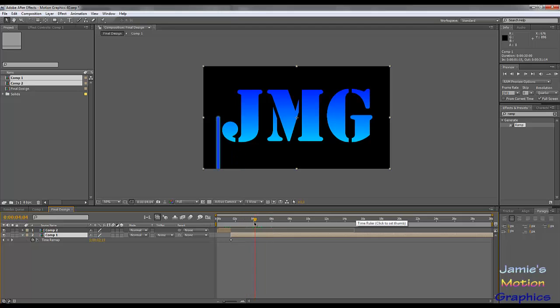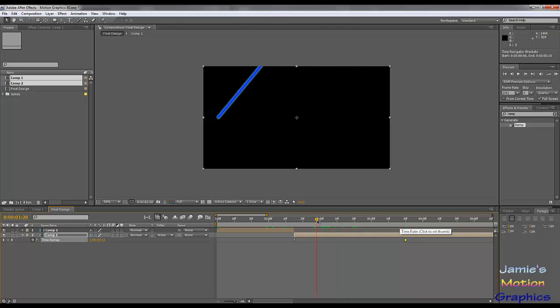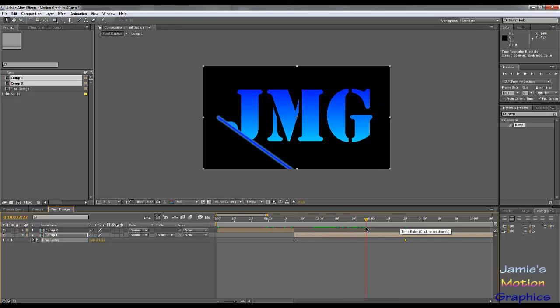So the effect ends right here somewhere. And we can say, okay, I want to speed up the effect, but I want to keep everything behind it the same. So just put your keyframe here. This is where the effect has ended. So let's say we want to have a slower start and then a quicker exit. That means that